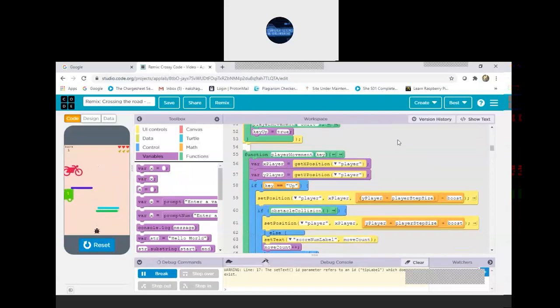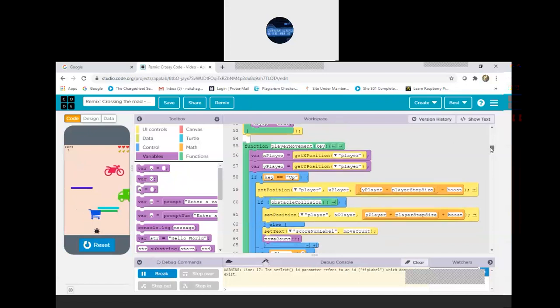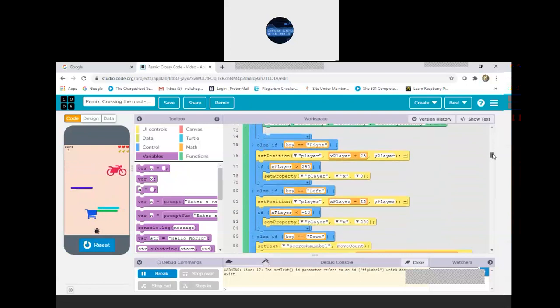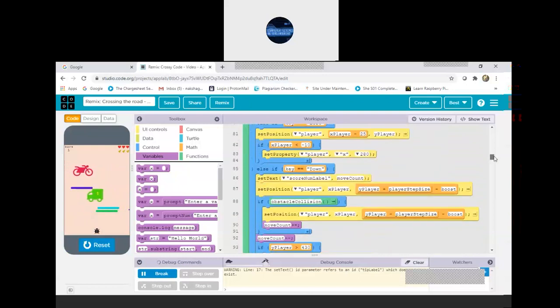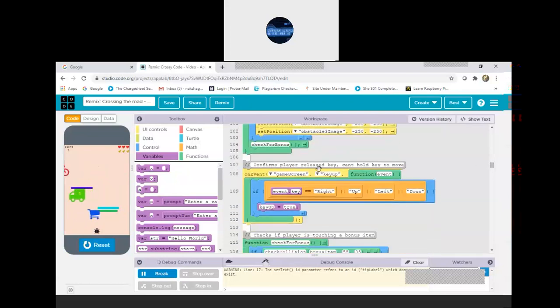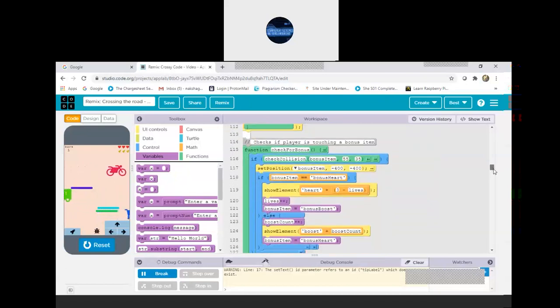Then here a function is given, player movement. How should the player movement be? It should go properly, when you click on the up key, it should go up. By how much distance it should go up is given. And here set position again, where the position should be: where obstacle 1 should be, where 2 should be, and where 3 should be. And this confirms whether we have clicked on the buttons here, and if we have clicked, it should execute the function as soon as possible.